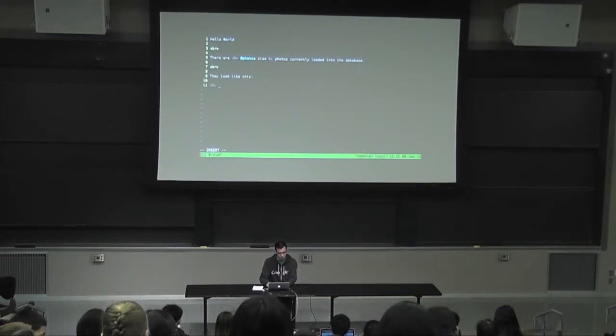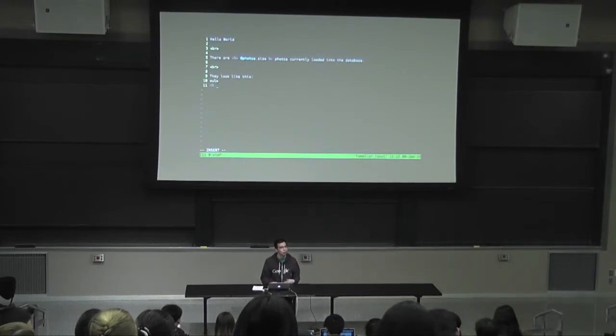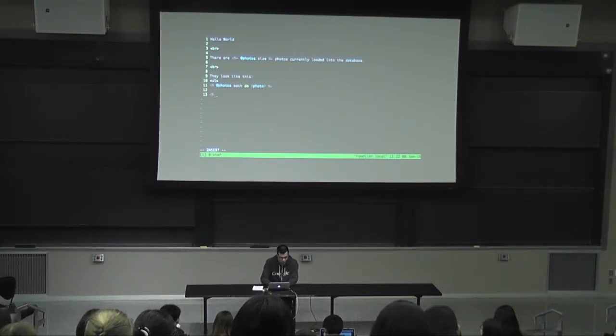So the templating language is also going to let us iterate over all the photos. If we want to display, say, each photo, we can do it like this. Photos.each do photo. So basically, for each photo,